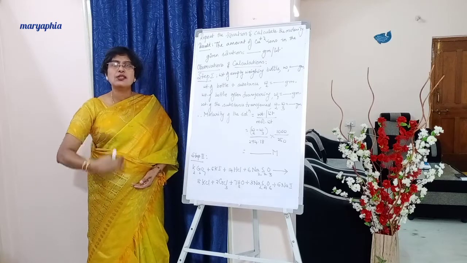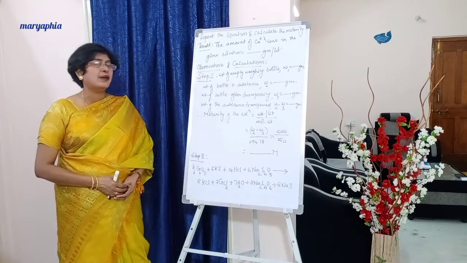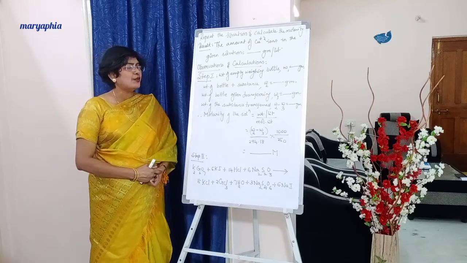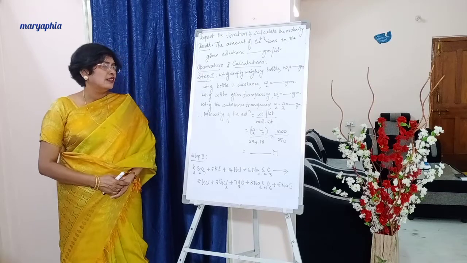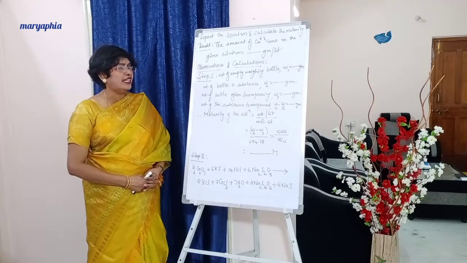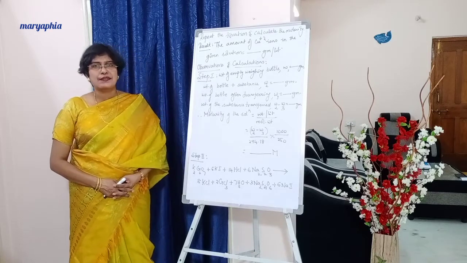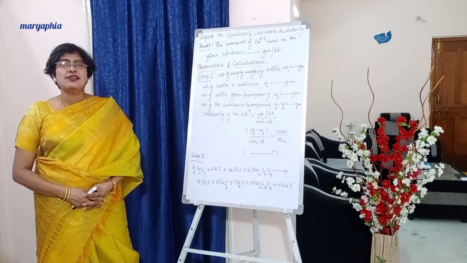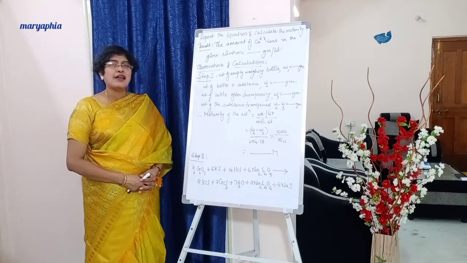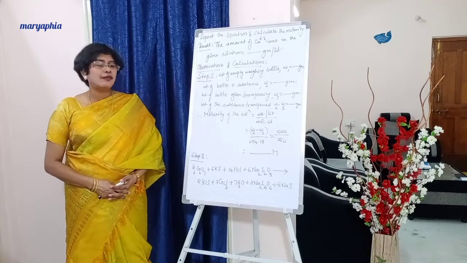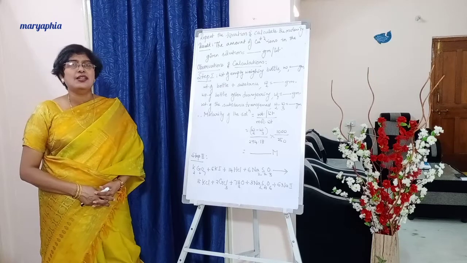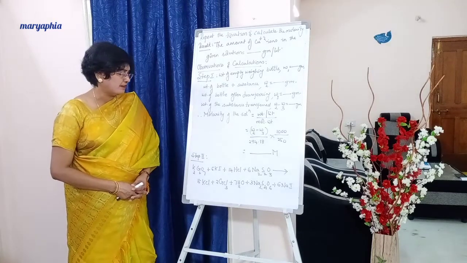Students, liter will also be in the denominator. Weight by liter into molecular weight is equal to W2 minus W3 by molecular weight of K2Cr2O7, 294.18, into 1000 by 250, as we are making the solution in a 250 ml volumetric flask. So we will substitute the values and calculate, and whatever value we get will be your concentration or molarity of K2Cr2O7.